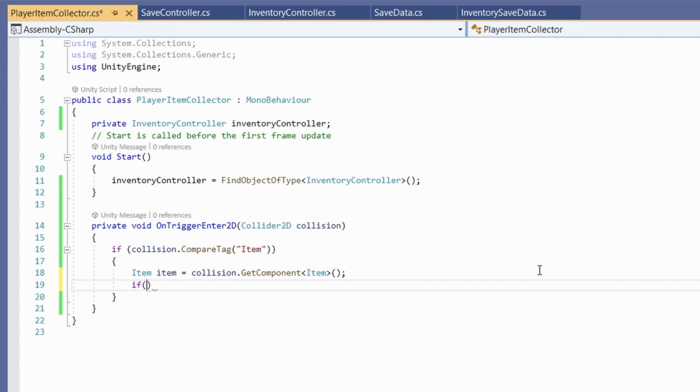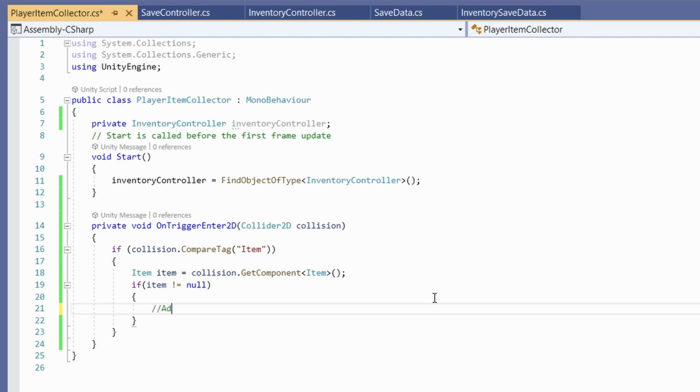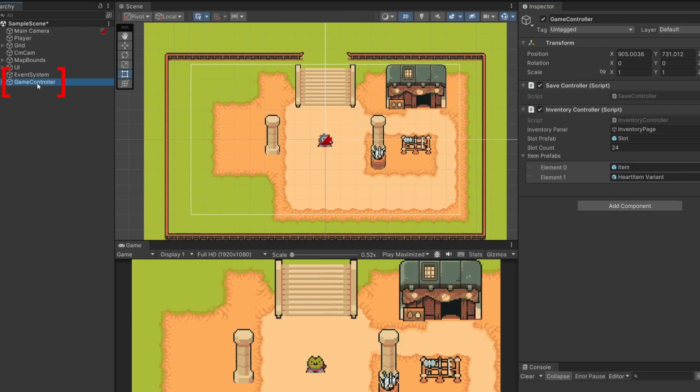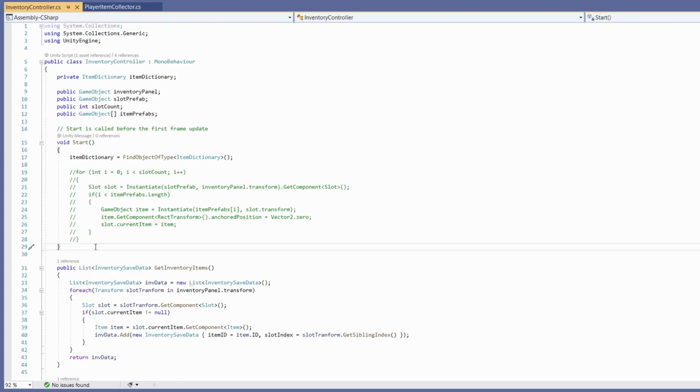Now let's check we did get an Item script from this by saying if item is not null, then we're going to want to add our item to our inventory. So we're going to need to add a function to our InventoryController to add items to it. So if we go back to Unity, and for me my inventory script is on my game controller. So I'll click on my game controller, double click on InventoryController, and then at the top underneath Start,